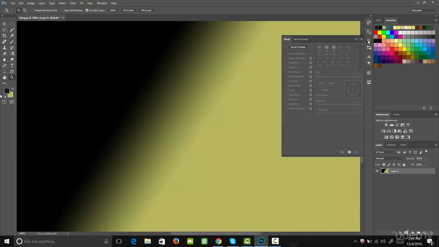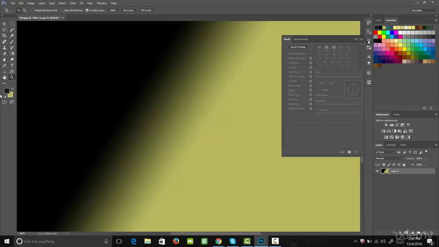Then you learned how to use the lasso tool, which allows you to create organic selections. Then you learned how to use the eyedropper tool, which allows you to select any color you want from an image. Then you learned how to use the paintbrush tool. You also learned how to control the settings of your paintbrush tool and change the brush type. You then learned how to use the erase tool, which you also were able to use the different brush settings on. Then you learned how to use the paint bucket fill tool and the gradient tool,